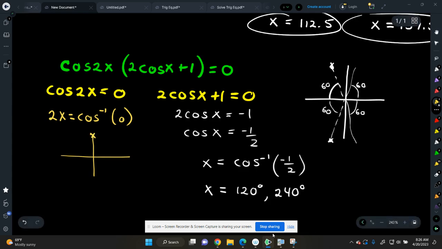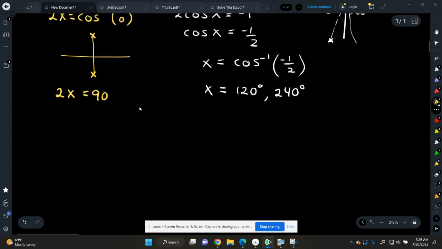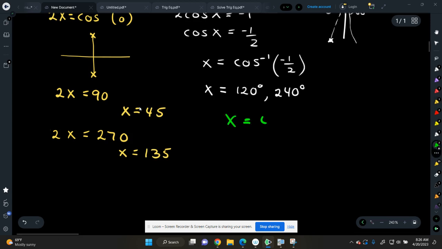At 90 and 270. So 2x equals 90 and 2x equals 270. So that means x equals 45 and x equals 135. So there's my answers. X equals 45,